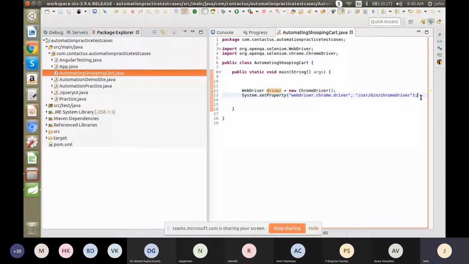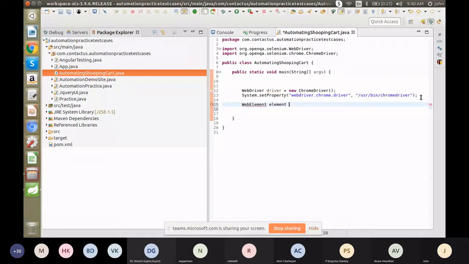Then we will write our scripts. Using this driver object reference, we have to call the method. There is a get option.